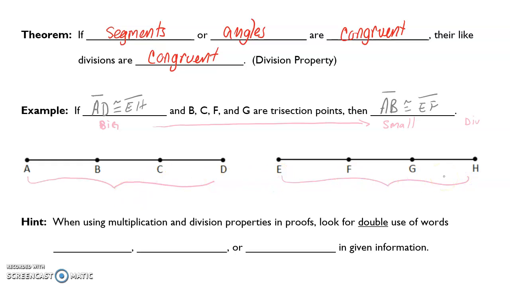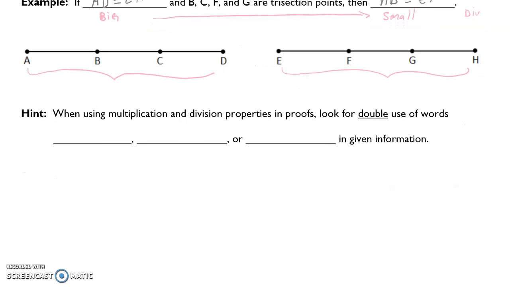I can go smaller to the smaller segments. Okay. So our hint for using addition or subtraction versus multiplication or division: you're typically going to use multiplication or division when you see words like trisect, you know that it's being divided into equal parts. Bisect, it's being divided into equal parts, or even midpoint. Those are some key words that you'll have in given information where you might wind up using one of our